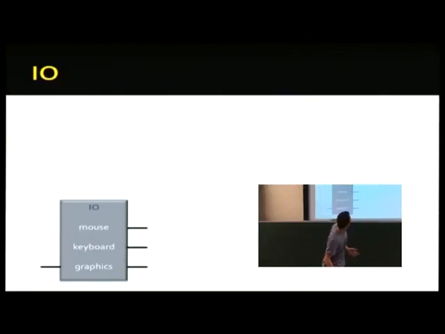What's interesting is that we came up with the idea of having input and output be another kind of memory, a lot like a buffer. A lot like in the old days, when people used to write out to the screen. You just put a bunch of data somewhere in the buffer for the screen, and when the screen came around to actually draw it, it would read it all up and draw whatever was written there at that particular time. So, for example, you might have pins for the mouse, pins for the keyboard, pins for graphics. Obviously, it's a little more detailed than that, but just to give you an example.